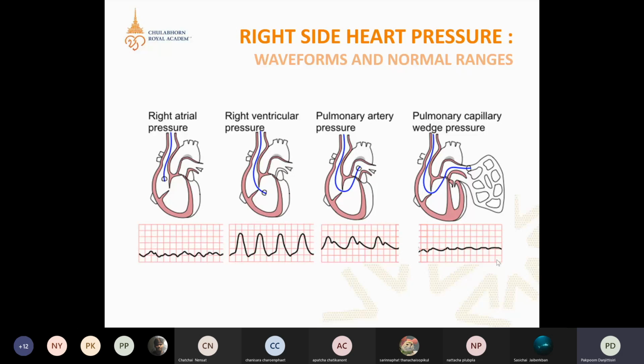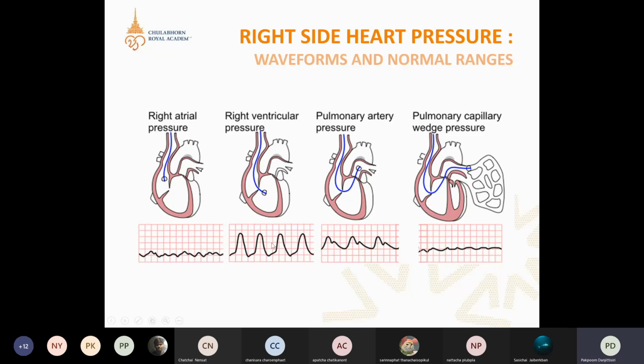The different chambers definitely have a characteristic pressure waveform. The right atrial pressure will show you a waveform like this, with the A, X, V, and Y waves. I'm going to tell you about the details of these waves again. After the catheter goes into the right ventricle, the pressure will show you